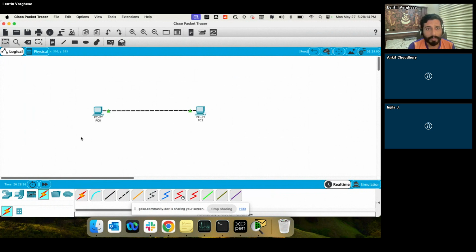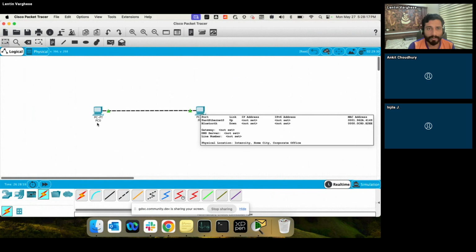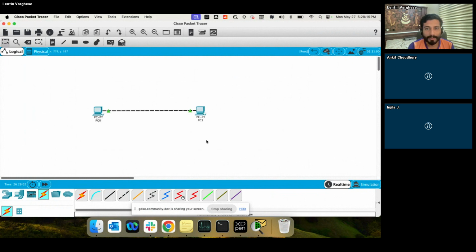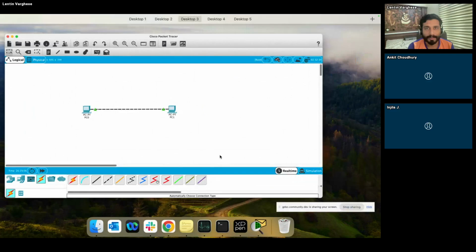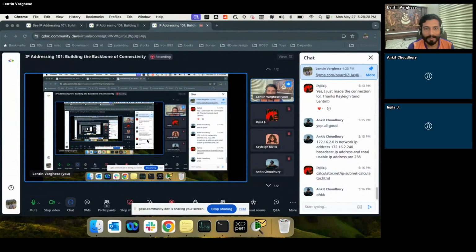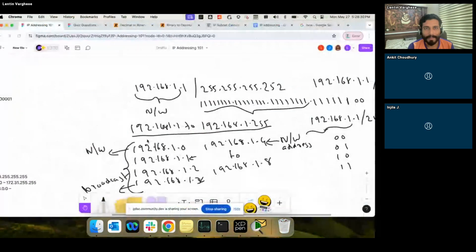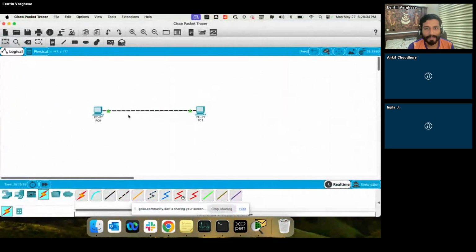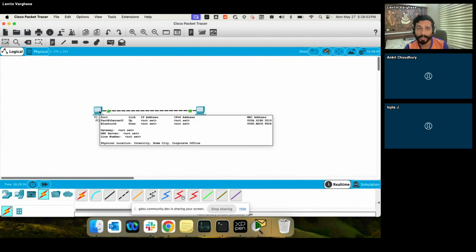Will I be able to communicate from this computer to this computer now? Yes? No? What do you think? Can these computers communicate with each other now? This is very similar to connecting a computer to another computer physically. It's the exact same representation. Now, I mentioned ping earlier, right?